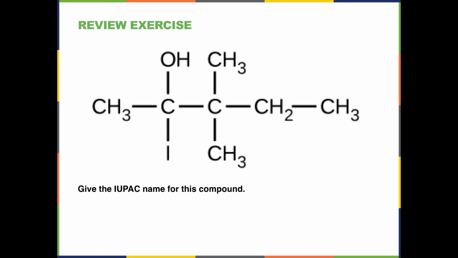Okay, here's another one. If you start counting on this end or on this end, it's 1, 2, 3, 4, 5. So that's pentane. And now you've got an OH on the second, so that's pentanol, 2-pentanol. And you've got iodine here and 2 methyls here. So you've got